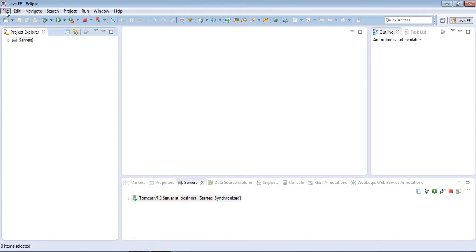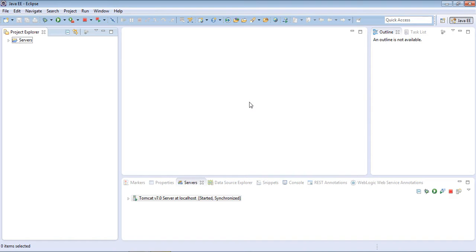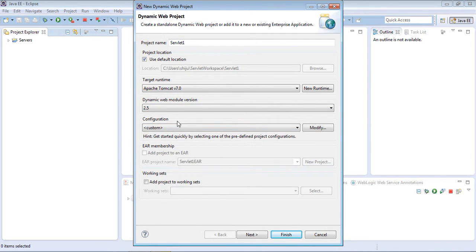Now I can create a new dynamic web project, and I'm giving a name as Servlet3. Target runtime is Apache Tomcat version 7.0. Dynamic web module version I'm selecting 2.5. If you are selecting dynamic web module version 2.5, our deployment descriptor file will be automatically updated. So we can see this updation later. Now click next,